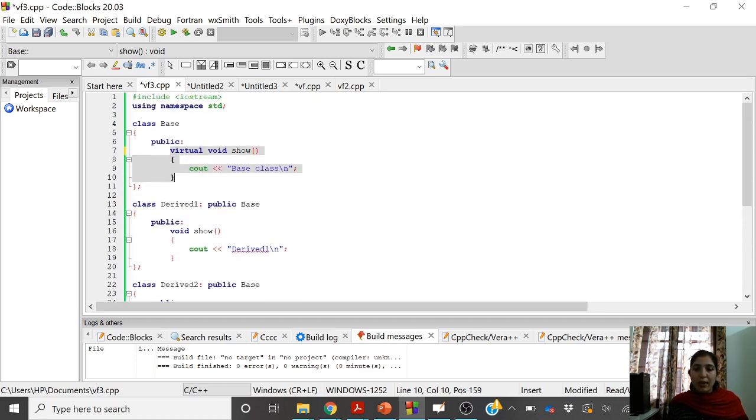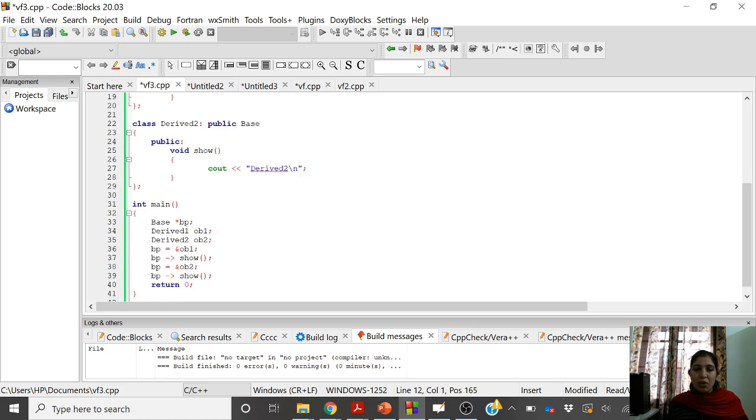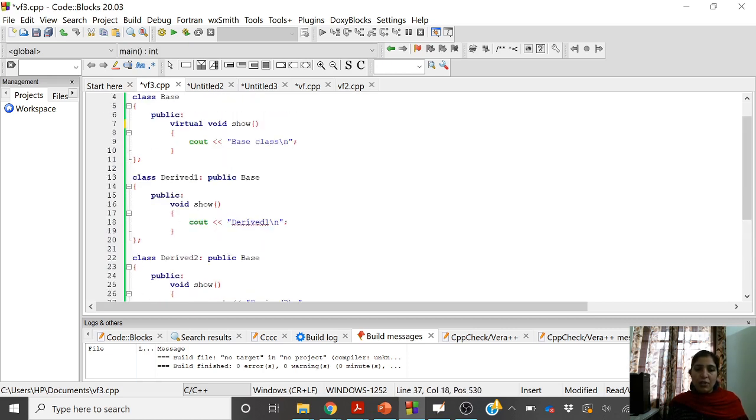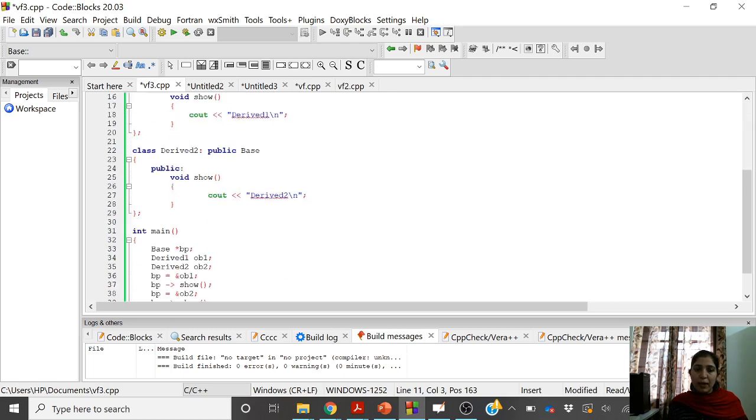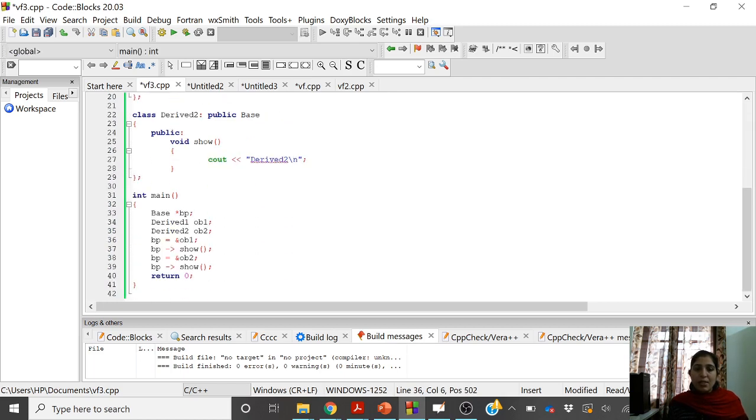It will leave the decision of binding this function call to function body until the program is actually run. So when you actually run the program, then the decision is made on the basis of the contents of the pointer rather than the type of the pointer.